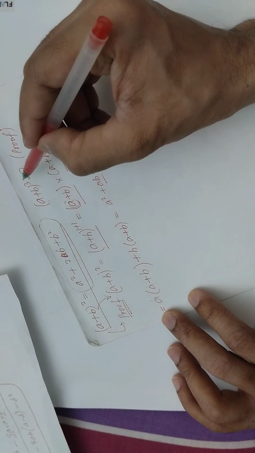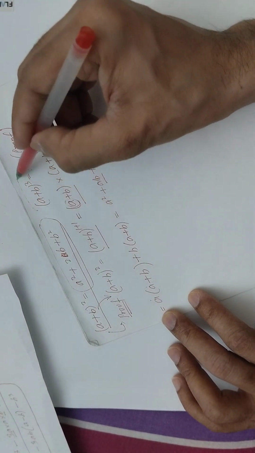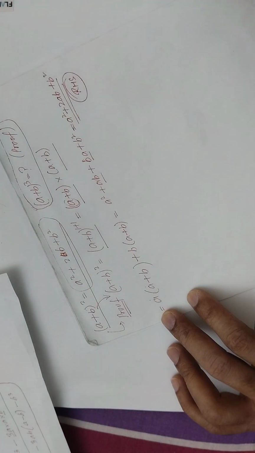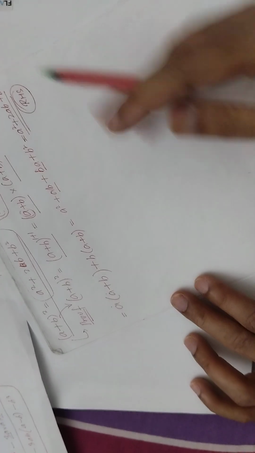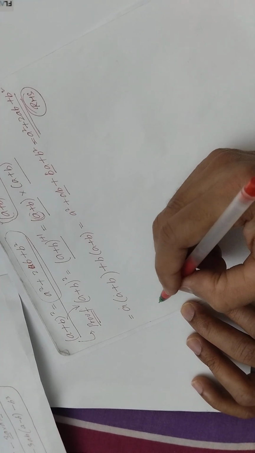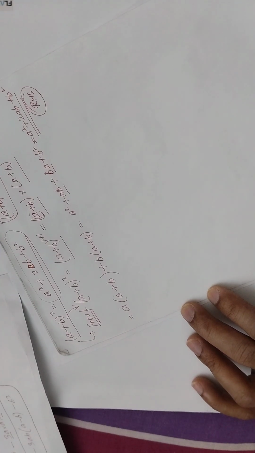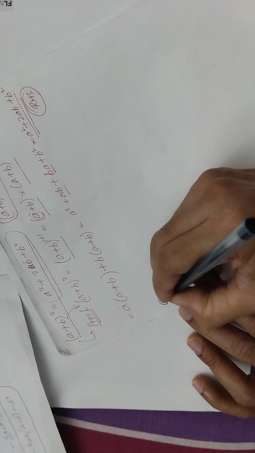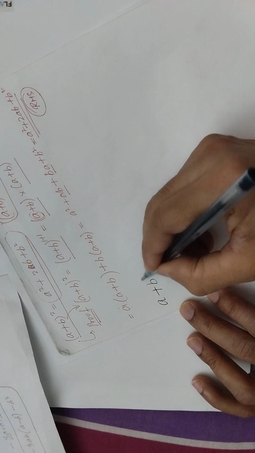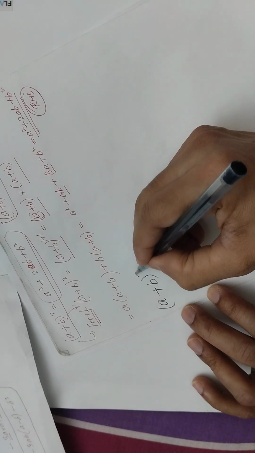Now our target is to deduce the result for (a + b) whole to the power 3. Now we go in the same technique. We do it one by one. How do we do it? (a + b) whole to the power 3